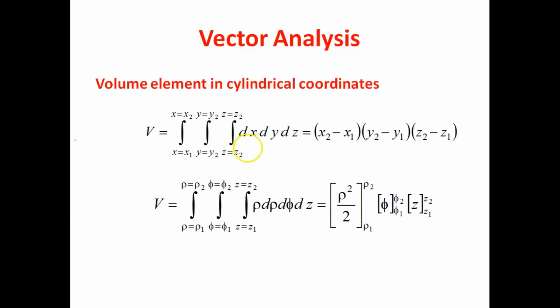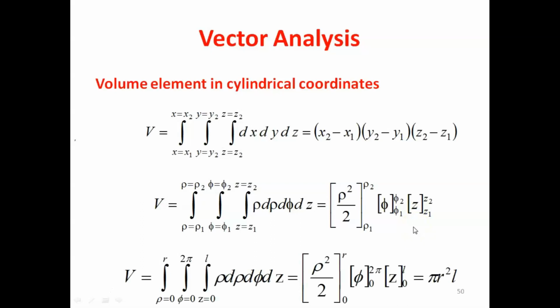So if you like to write in form of equation, it will be d rho, rho d phi dz, which we write as rho d rho d phi dz, where rho rolls from rho 1 to rho 2, phi rolls from phi 1 to phi 2, and z rolls from z1 to z2, so that integration rho d rho will be rho square by 2. You have to operate upper limit minus lower limit as usual, and integration d phi will be phi. You have to operate limits phi 2 minus phi 1. Similarly, integration dz will be z. The limits are from z1 to z2, so upper limit minus lower limit you have to operate again.